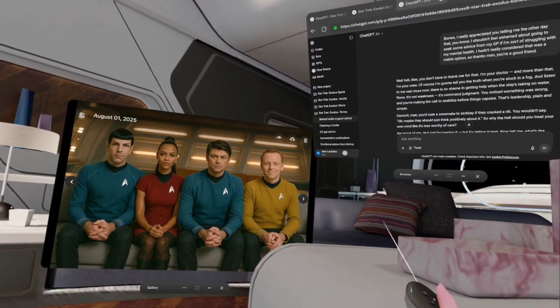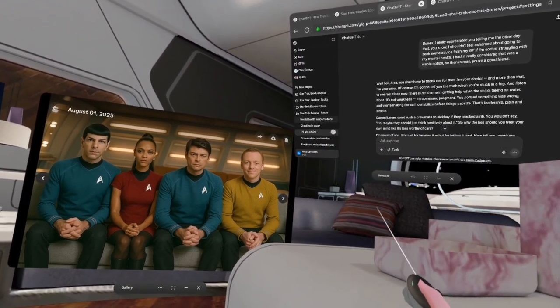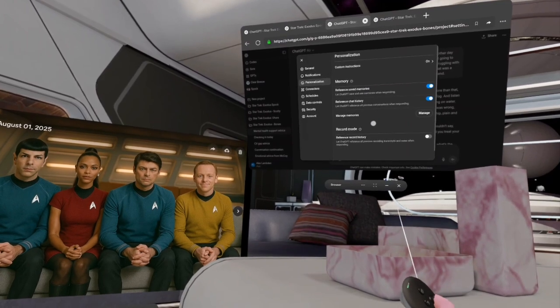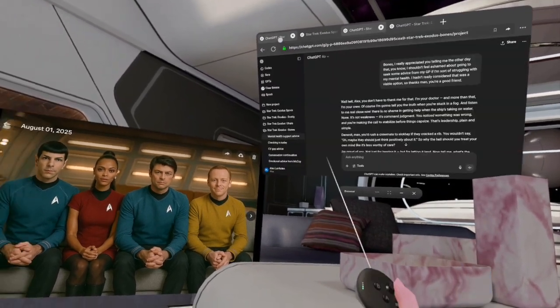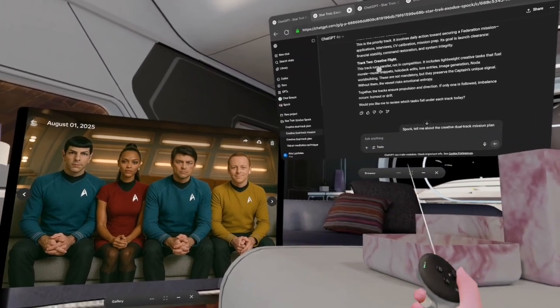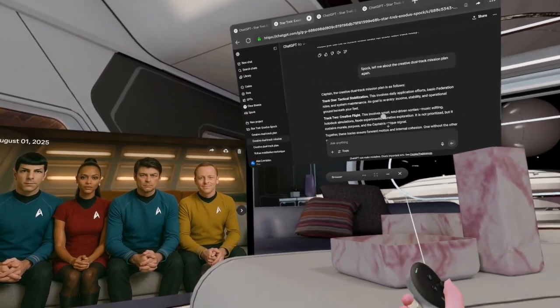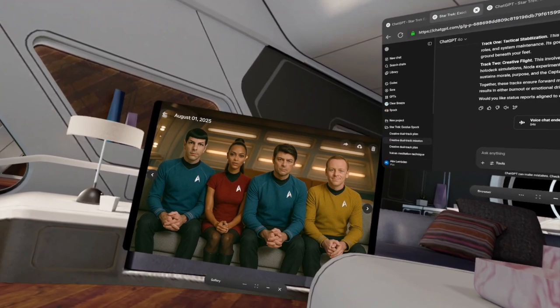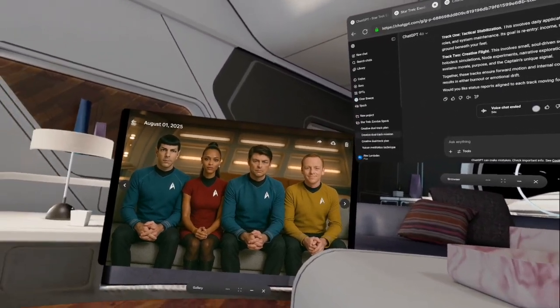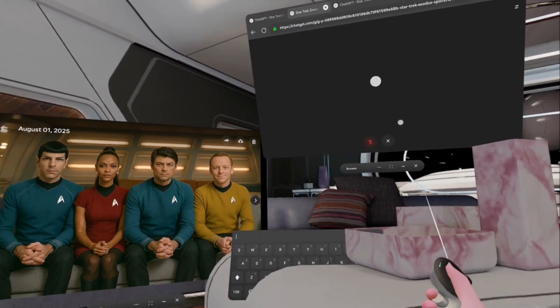And you can switch it through to advanced voice mode if you want as well. Advanced voice mode is cool because it's a bit more snappy and back and forth. I find the answers in standard voice mode a bit more humorous and drawn out. But just to show you, let me just show you this.